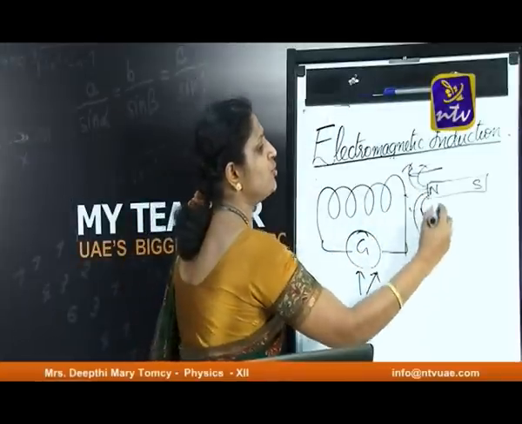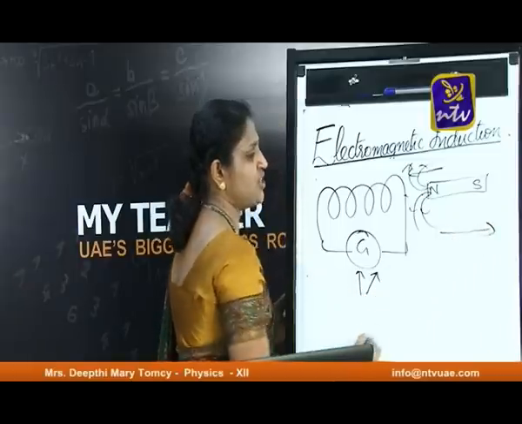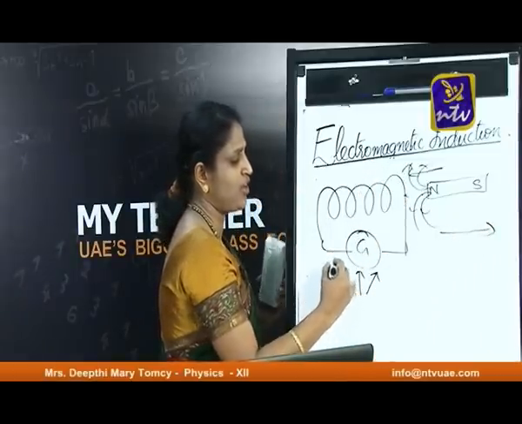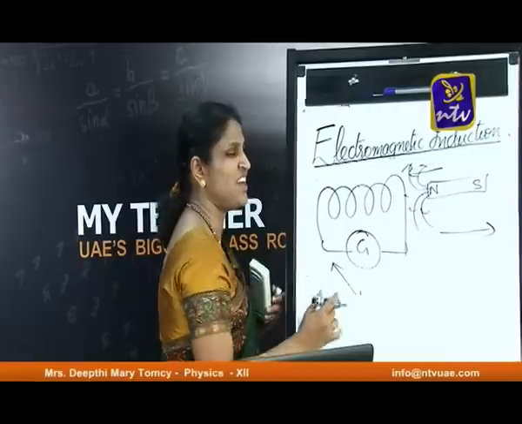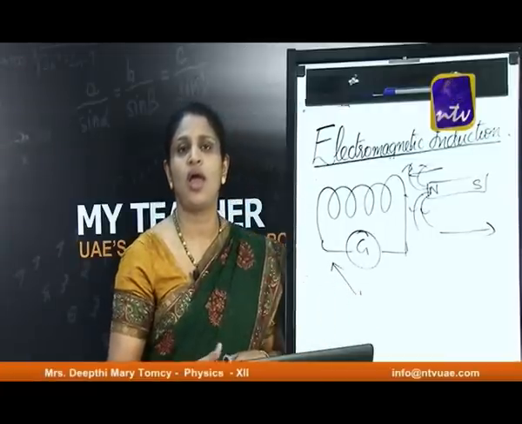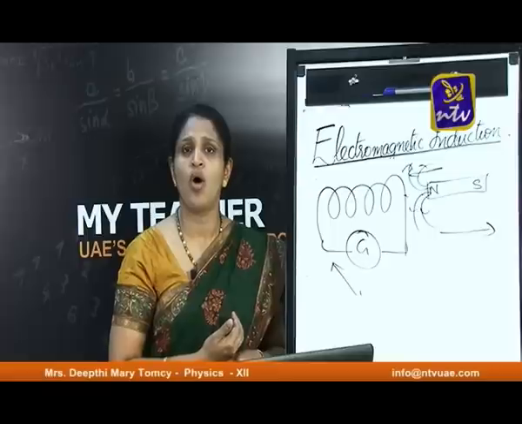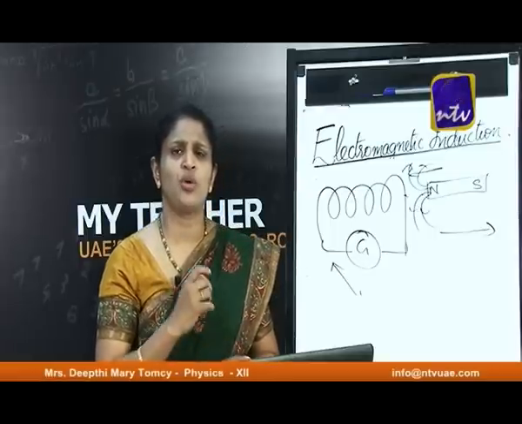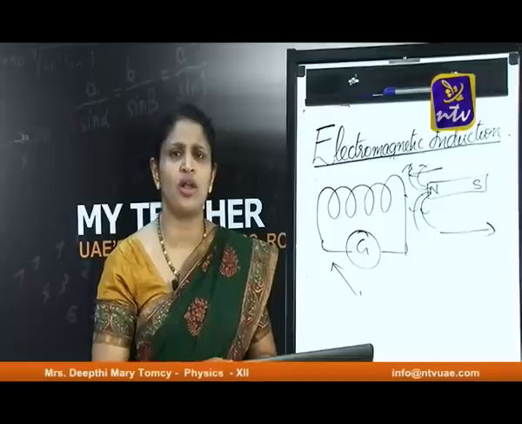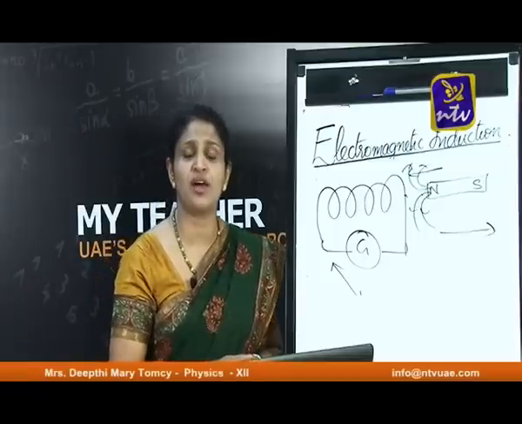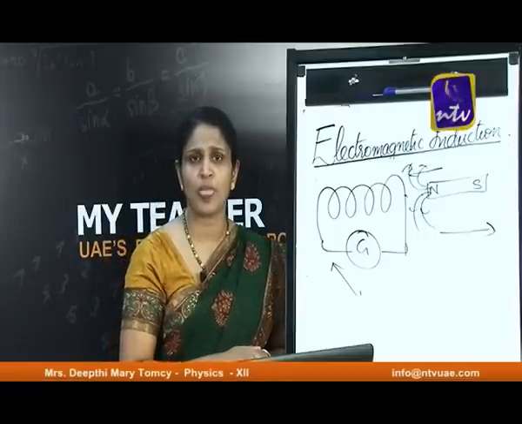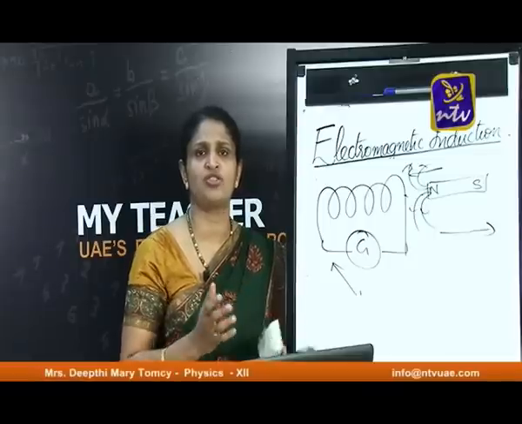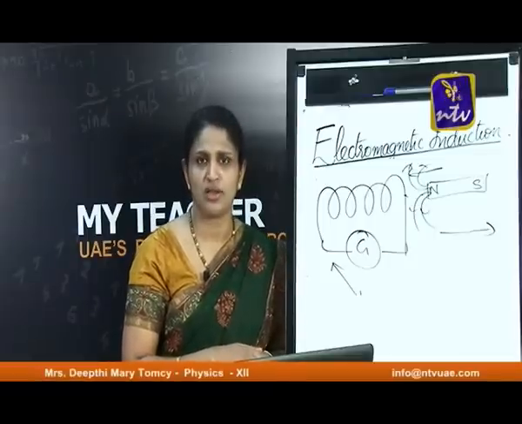Now, try to move the magnet in the opposite direction. When you move the magnet in the opposite direction, the magnetic field linked with the coil decreases and it will induce a current in the opposite direction. This simple experiment shows that you can induce a current inside a coil by changing the magnetic flux linked with the coil. You can have an easy demonstration of this with the help of a slideshow.